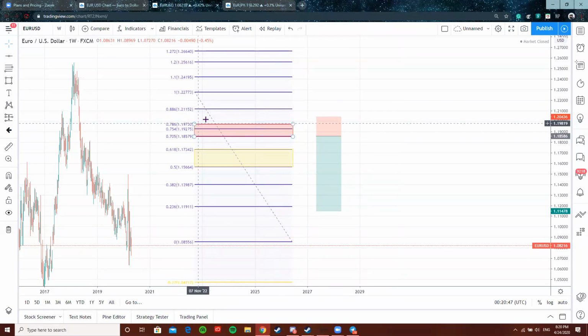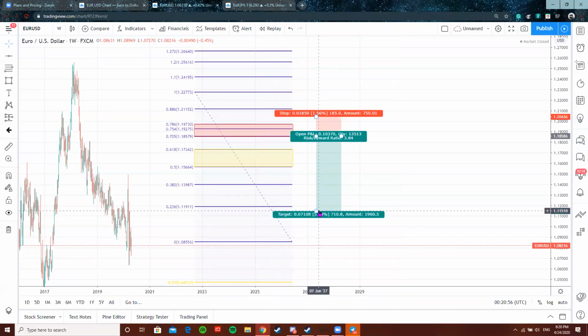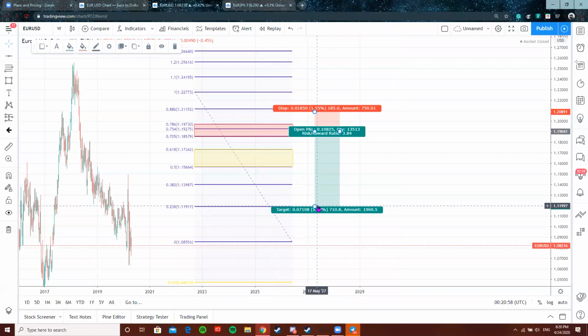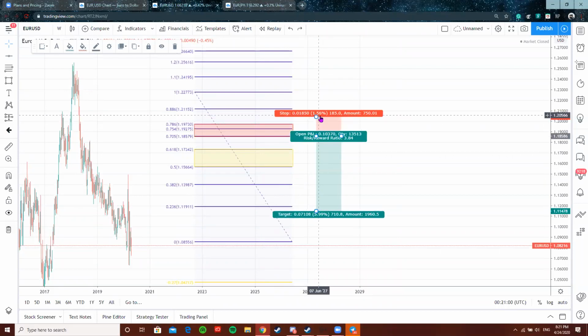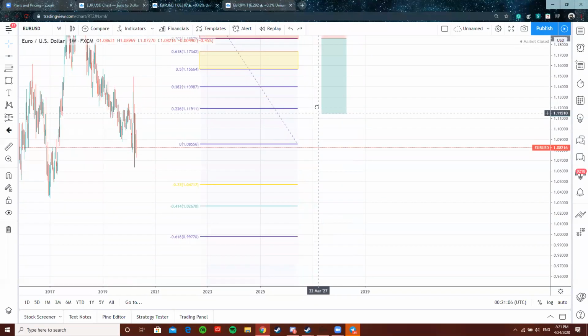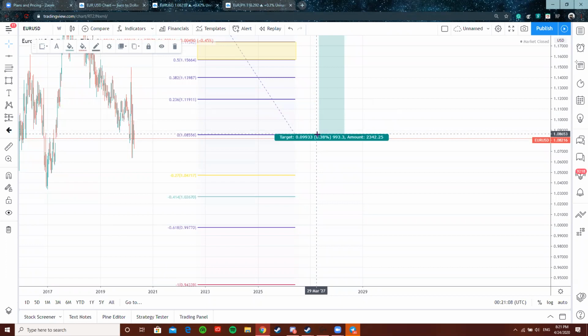Rarely does it ever do this, go all the way up here and then drop. Rarely does it happen. I haven't seen it, but sometimes, maybe. And then from there, you would see that your risk to reward would be significantly higher because you're risking, 185 pips in this case. So it would be 18 pips. And then you would be using the same Fibonacci extension. So your first take profit would be all the way over here.